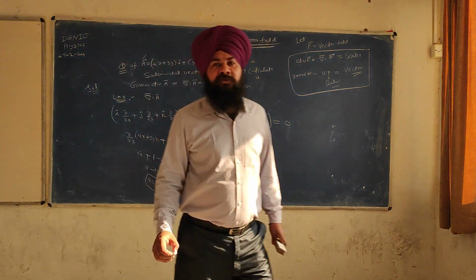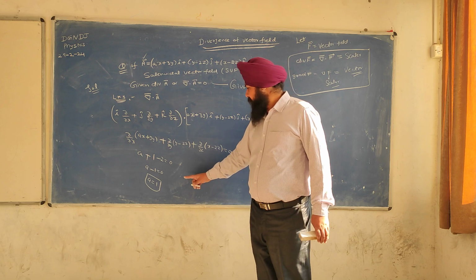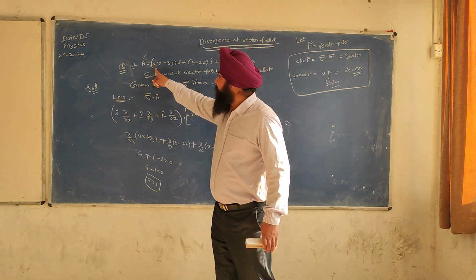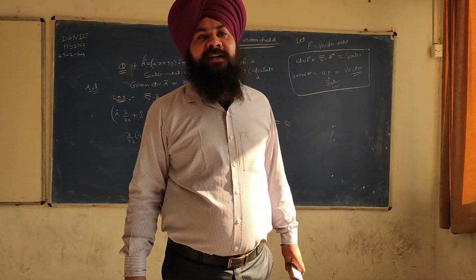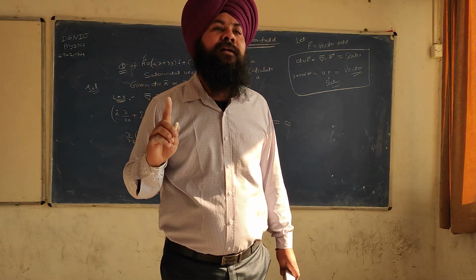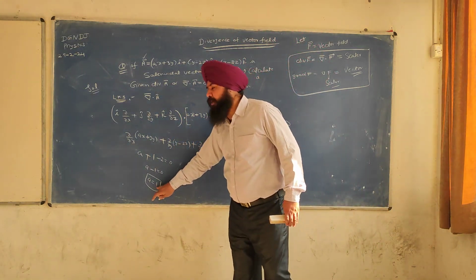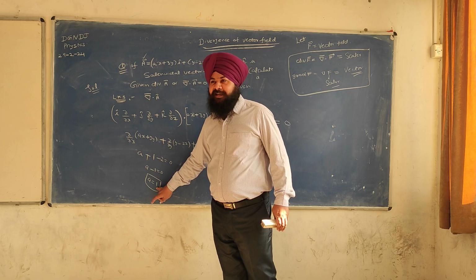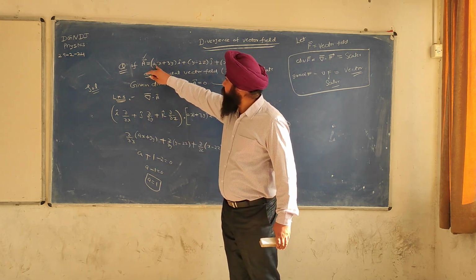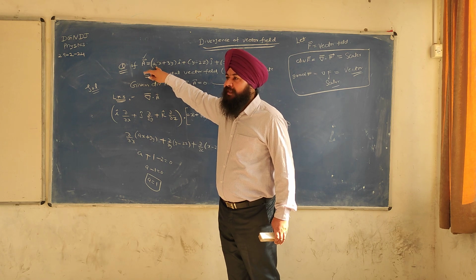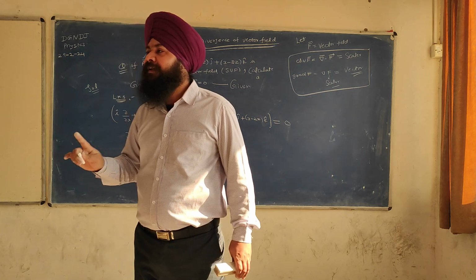How can you check your answer is correct? How can you verify this? Put the value over here and calculate the divergence, and the answer comes out to be 0. अगर आंसर 0 आता है तो सही है. मान लीजिए let us suppose that here a is equal to 2. But if I use the value a is equal to 2, then the divergence will not come out to be 0. It means our answer is incorrect.